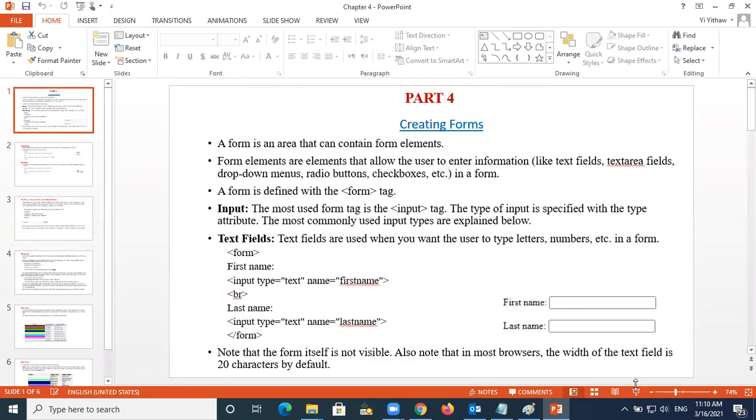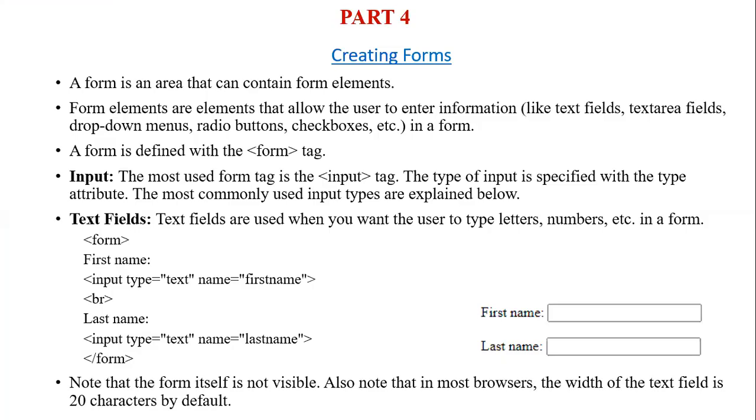This is creating the form. Just now I already showed you how we are going to create a form. So what is a form? These are some of the terms that you have to know. The form is an area that can contain form elements. Form elements are elements that allow the user to enter information. For example, here,